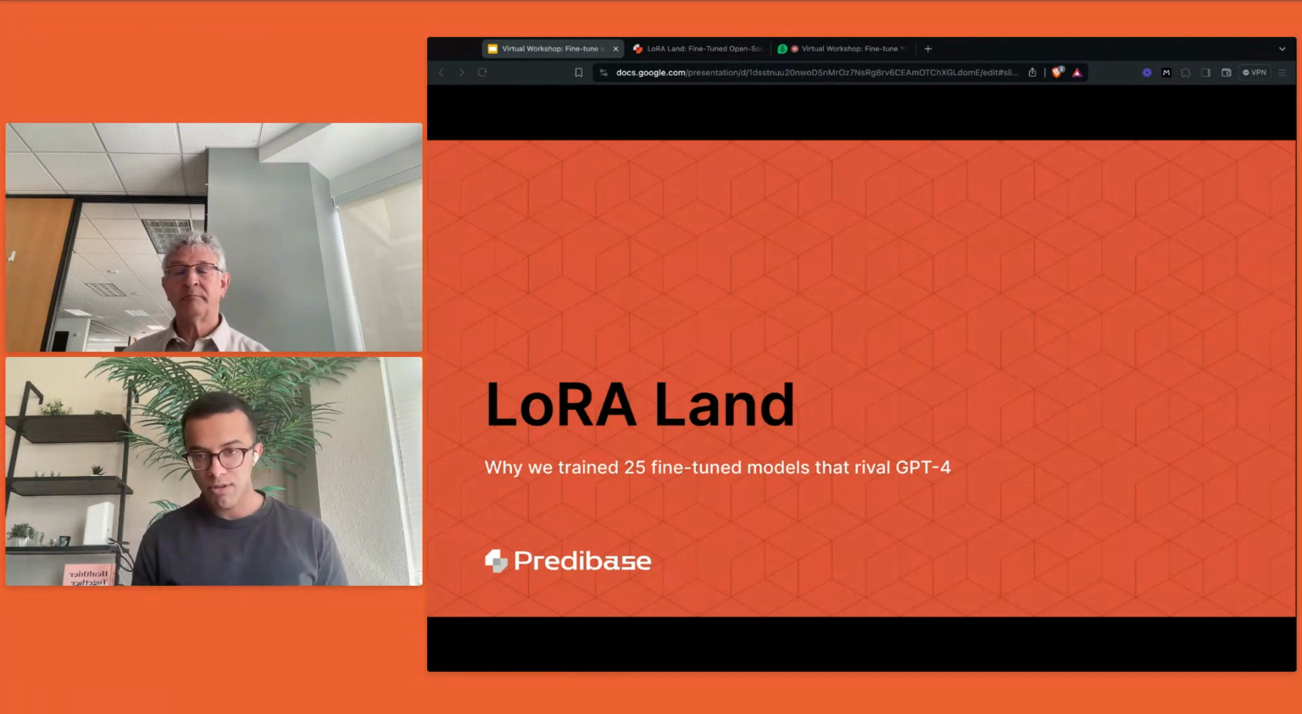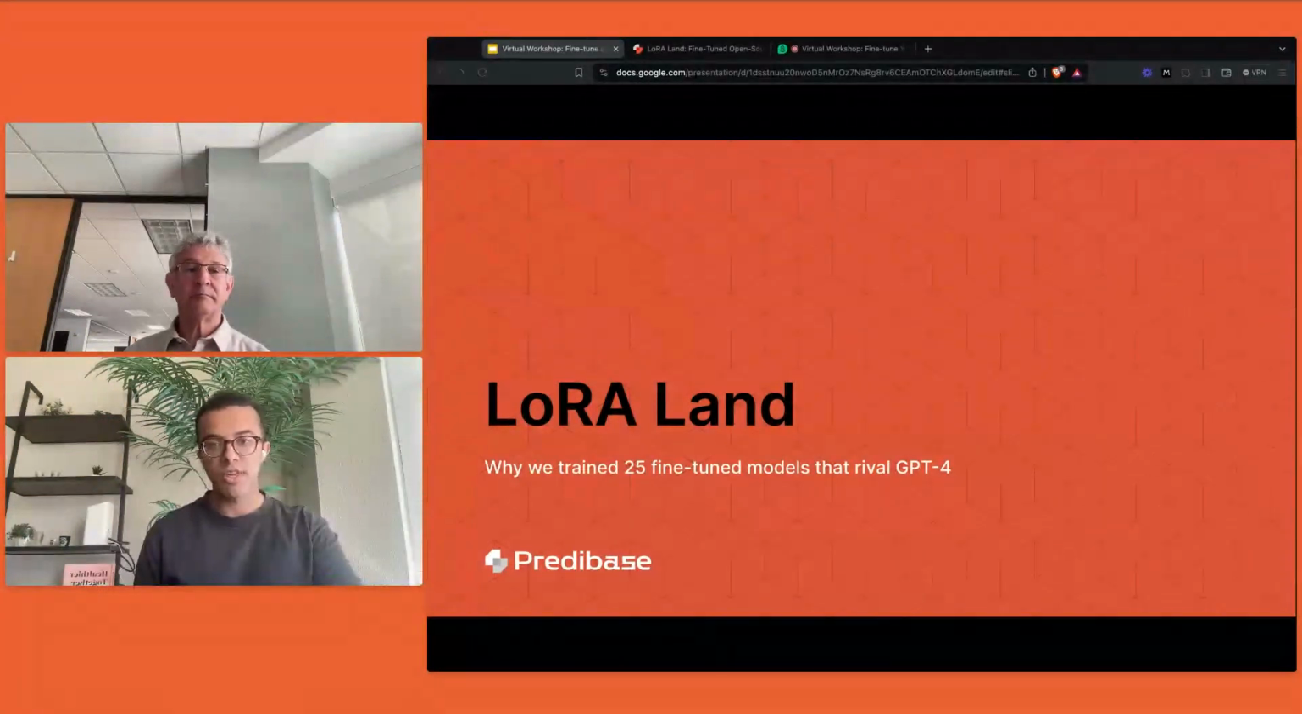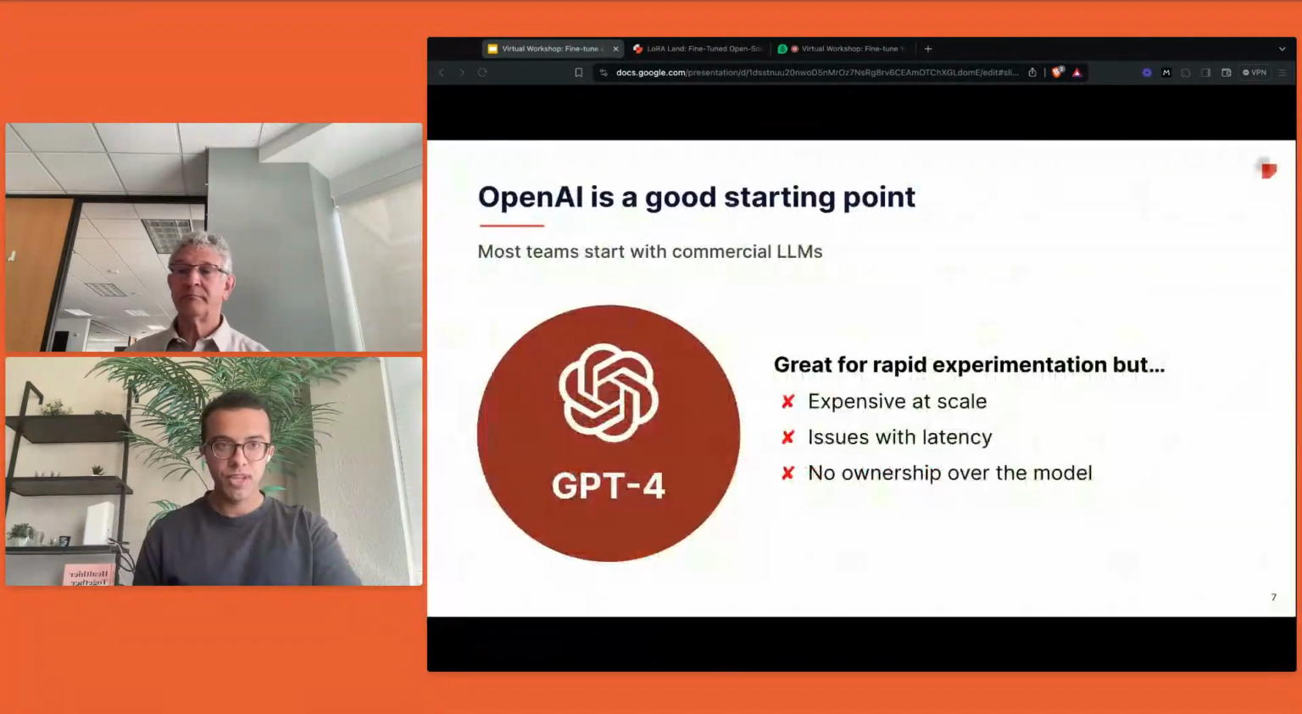Before we dive into a demo of LoRaland and why we built it, I think it is helpful to take a step back and see how most teams are experimenting with AI today. We see that most teams start with a commercial LLM like OpenAI or Anthropic, and the appeal is pretty clear. Users now have access to a large language model with trillions of parameters that are essentially complex reasoning engines, just at their fingertips. I think very quickly, however, we start to see a lot of these teams run into hurdles